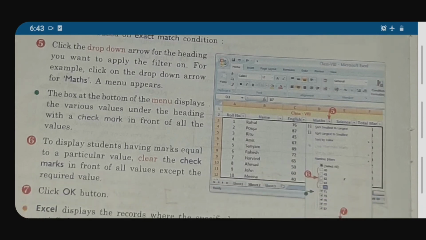The box at the bottom of the menu displays the various values under the heading with a check mark in front of all the values. To display the students having marks equal to a particular value, clear the check marks in front of all the values except the required value. Here Select All will be there. If we turn this off, we can easily select according to our choice.